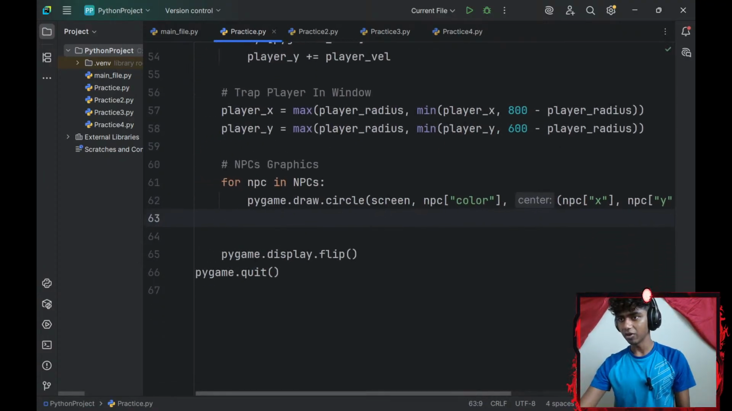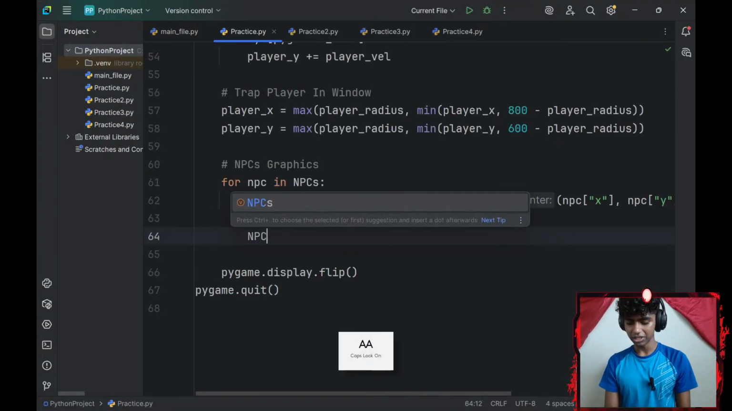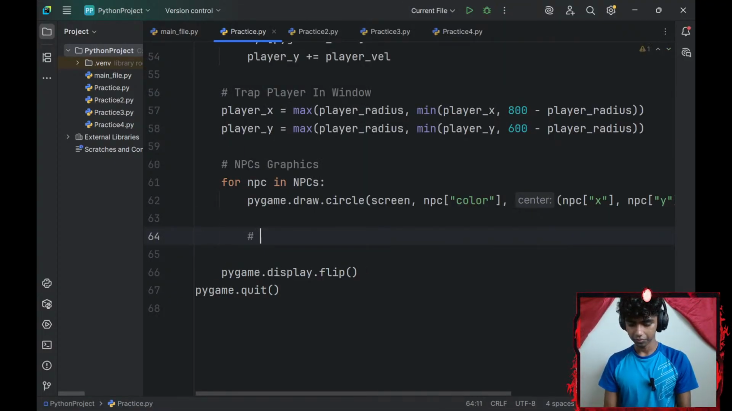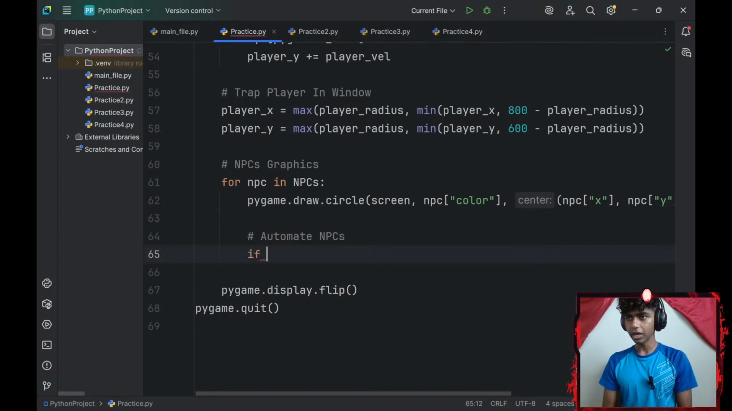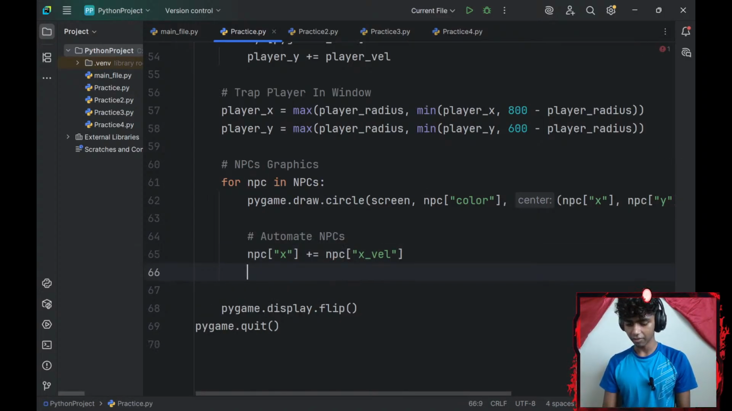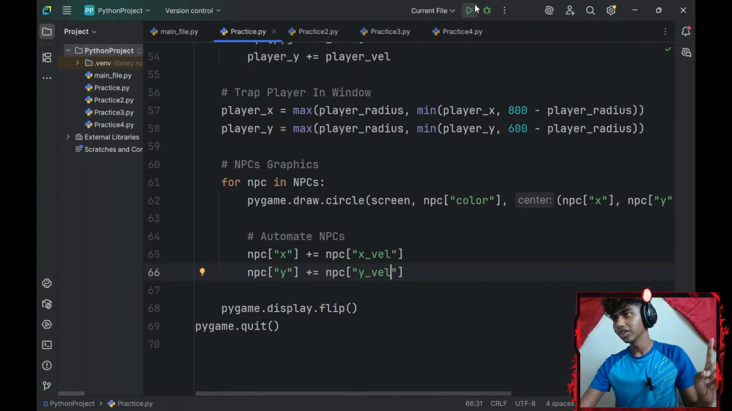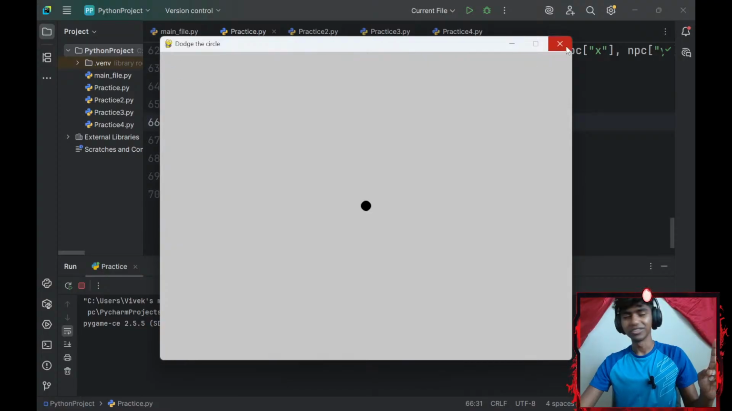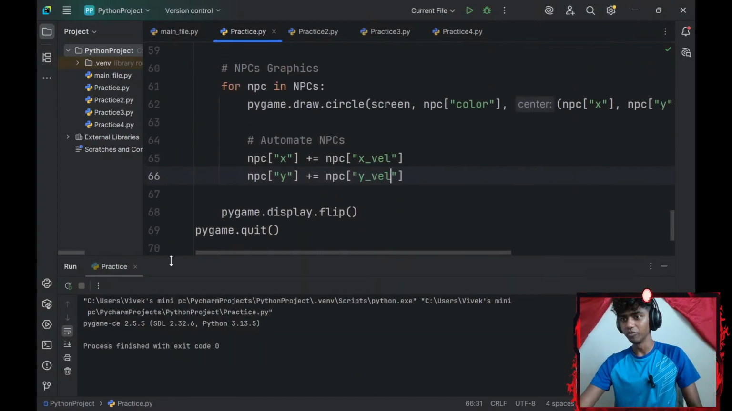Okay, and then let me automate my NPCs. My NPC at index of x-axis is going to increase by my NPC at index of x-axis velocity. And then my NPC at index of y-axis is going to increase by my NPC at index of y velocity. If I run the command, my NPCs, that looked cool, guys. They're going to move, but